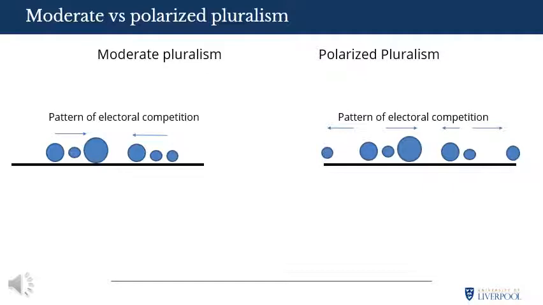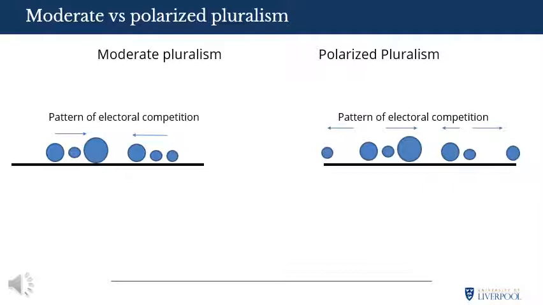So some argue that the recent rise of populism in Europe has moved a number of party systems from moderate pluralism to polarised pluralism, as traditional parties seek to counter anti-system promises. But a quite worrying example of polarised pluralism was Weimar Germany in 1919 to 1933, as well as Italy from 1946 to 1992, where a strong centre party, the Christian Democratic Party, was opposed on both sides by unreformed anti-system parties, the Italian Communist Party and the post-fascist Italian Social Movement. And that's from Caramani, 2008, page 332.